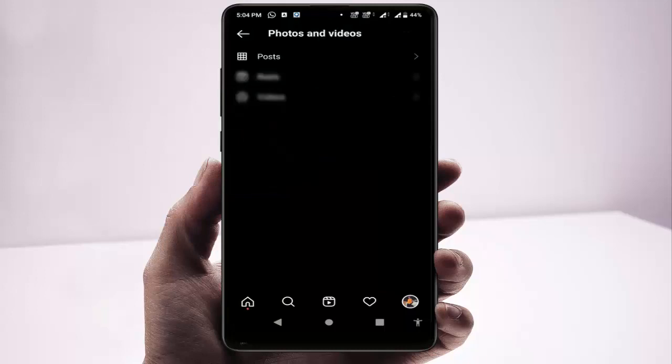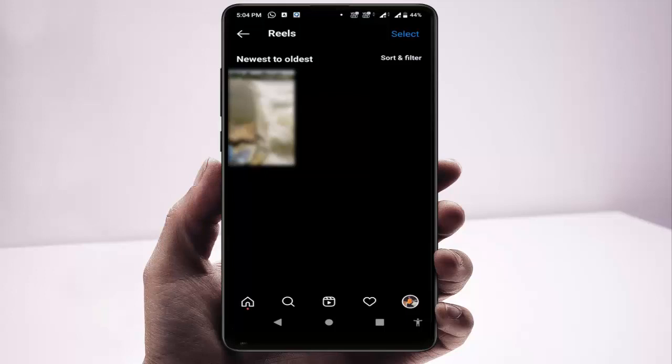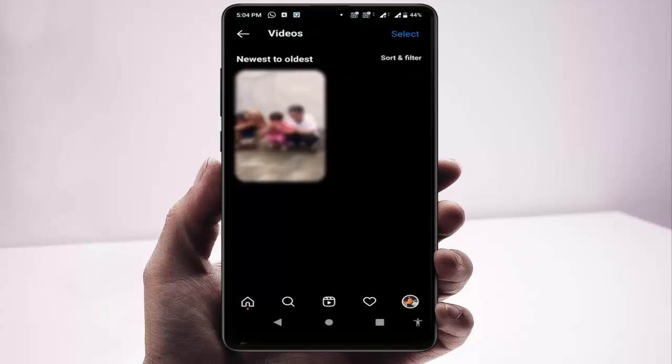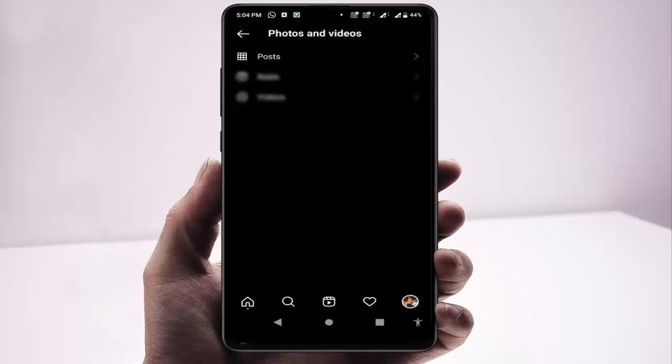Same thing, if you want to delete multiple reels in a single tap, go to the Reels section. From here, select your reels and delete them. Same thing, go to your videos and select the videos to delete. That's it. This is a very easy and very simple method to bulk delete multiple posts from your Instagram